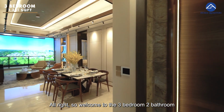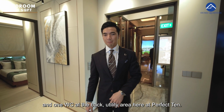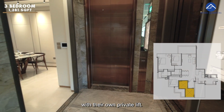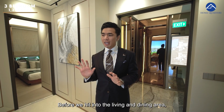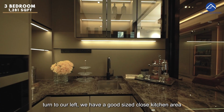Alright, so welcome to the 3-bedroom, 2-bathroom and 1 WC at the back utility area here at Perfect 10. 1281 square feet. Every 3-bedroom comes with their own private lift and of course the private lift lobby area before coming into your main dining living area here. Before we head into the living and dining area, turn to the left, we have a good size closed kitchen